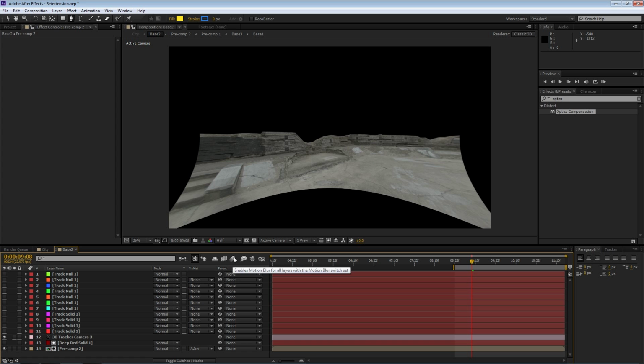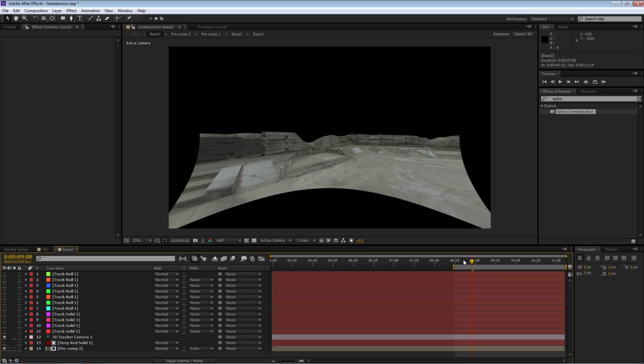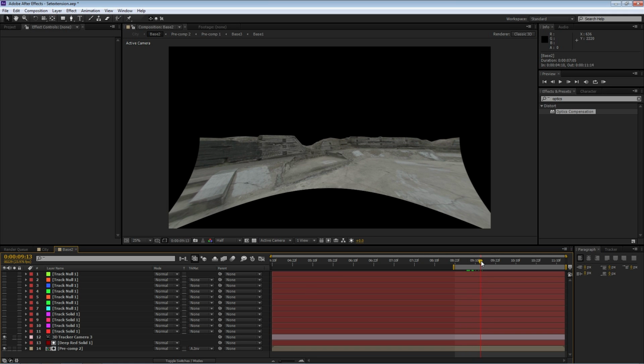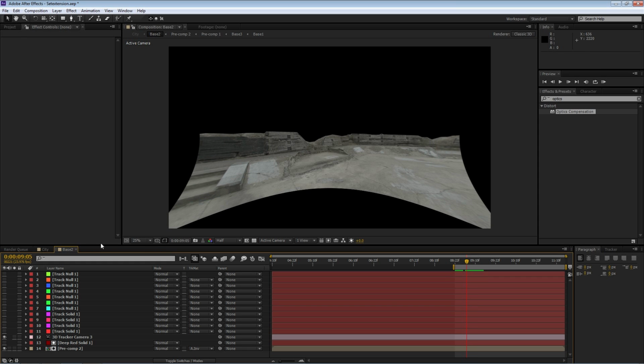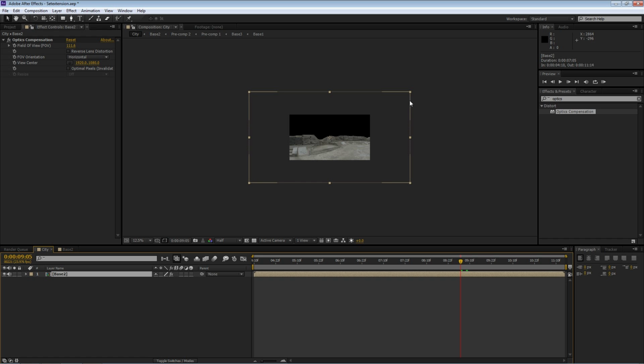Before we even get into putting the stuff in the back, let's talk about how we're going to format this image so that it looks like it's distorted again. So our first layer, which was our original composition, has our base 2, which is the composition that we're compositing in. Holy crap, that's a tongue twister. And so our original composition has the 38 by 40 by 21 by 60 composition, and then we apply an optics composition to it to